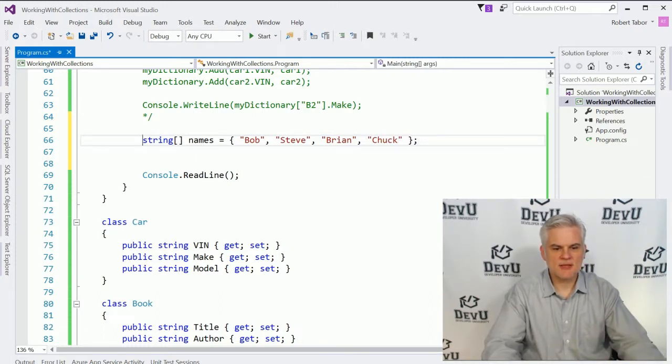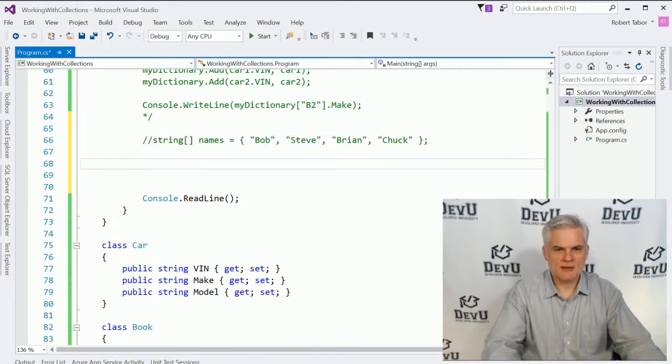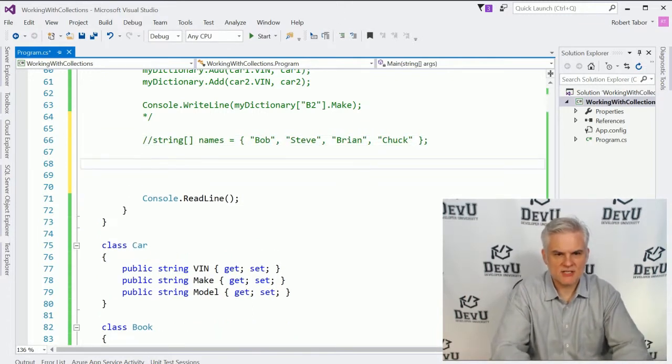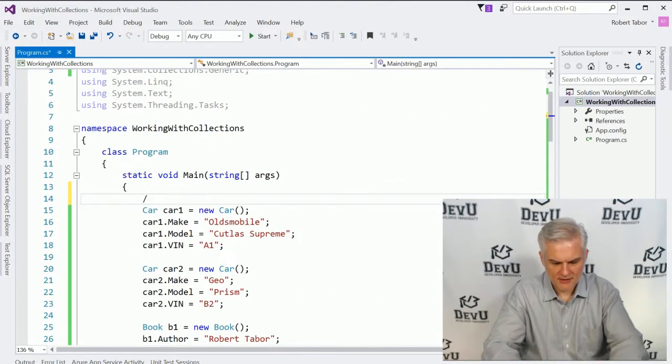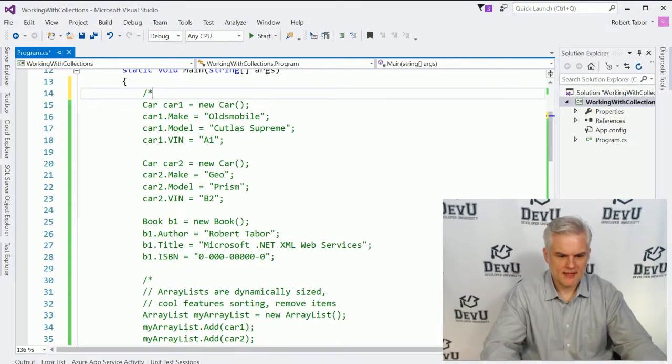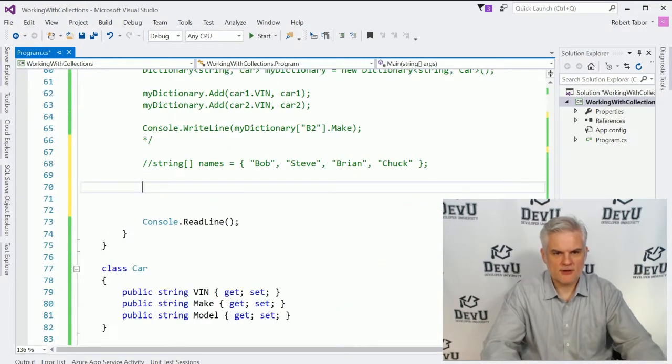values. You can do the same thing with objects to initialize objects at the point of instantiation. So to do that, we'll use an object initialization syntax. In fact, just to prove this all works, let's comment out everything we have up here as well, and get rid of the cars in the book. And we'll come down here and go